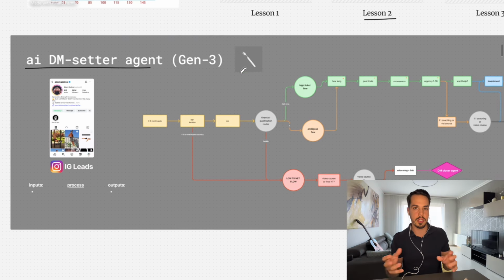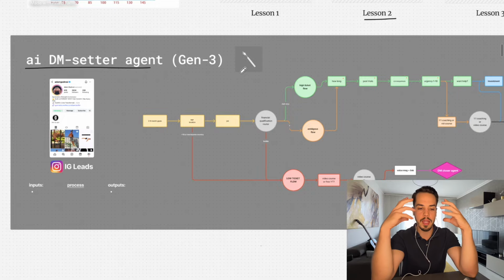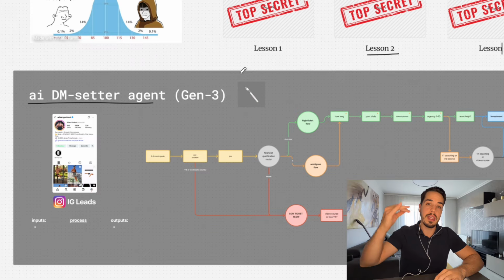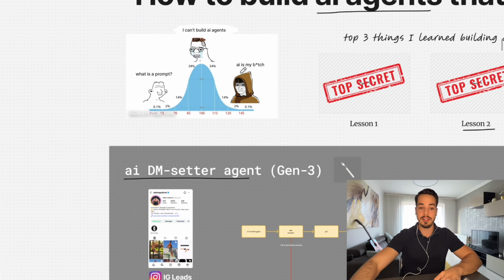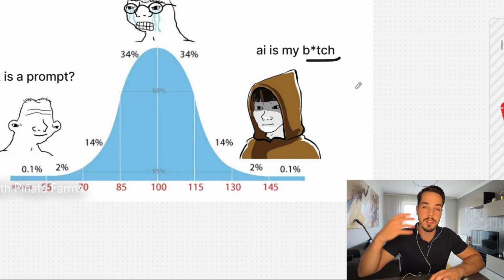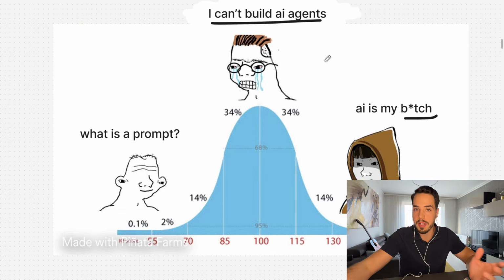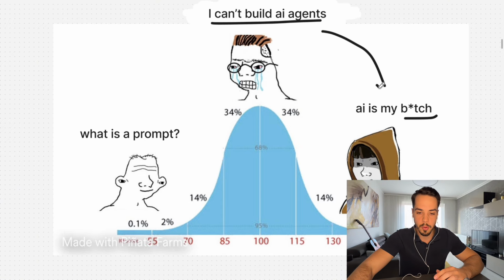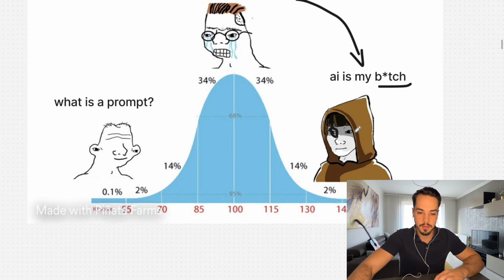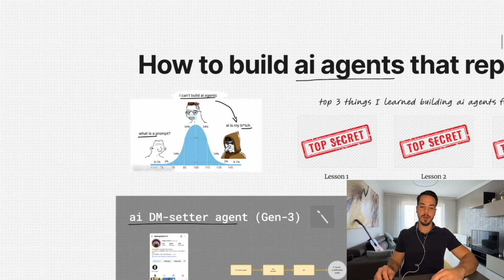This is not a tutorial video. This is more like the principles and the way of thinking that you need to adopt if you want to have AI that is literally your slave and that's doing the job for you. So if you don't want to be this guy who has no clue what to do, and you want to be more like Mr. Fucking genius right here, then let's go watch this video.